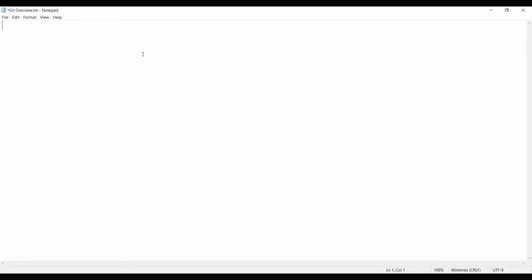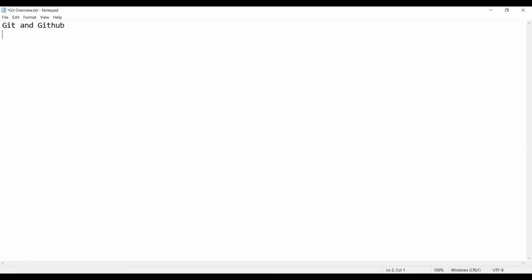All right, let's summarize it and now understand the commands step by step. We'll start with the basic difference between Git and GitHub. Git is a program which tells you about what changes have been made in a code, and GitHub is a perfect platform to use Git. So this is the difference between Git and GitHub.